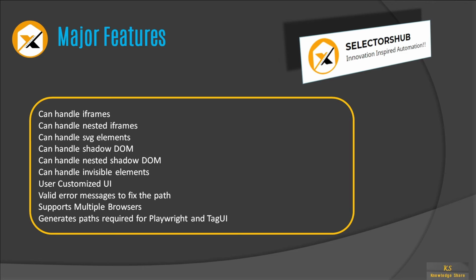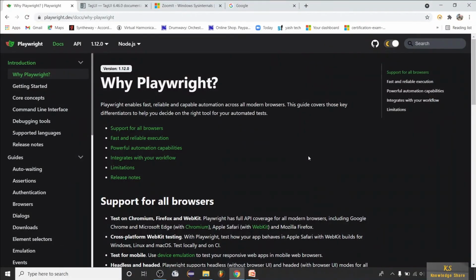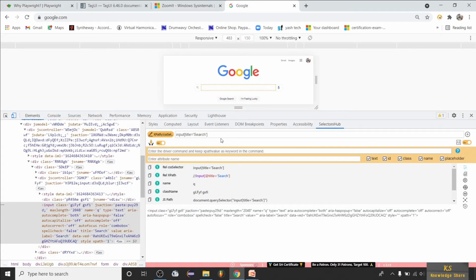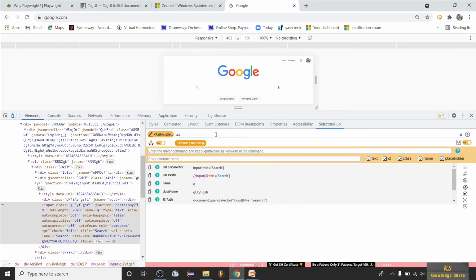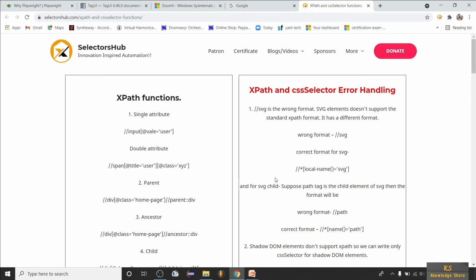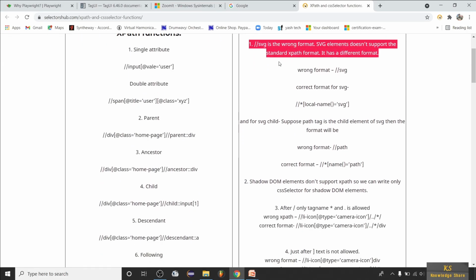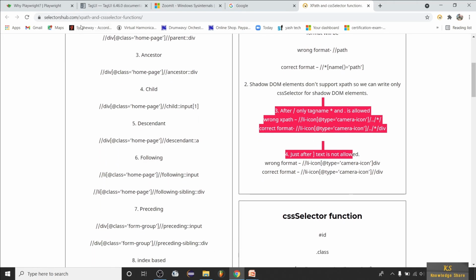And valid error messages are displayed on the tool. So for example, when you are typing here, or when you write some paths here, it will generate some error messages. Okay, so zero elements matching, or some error message. See, invalid XPath, add tag number after slash slash. See, it will give you auto suggestions. Click to learn more about selected errors. So okay, you can go here and see what errors you are getting. It's clearly written what error you get, how to use those and fix those things. It's clearly given in this documentation.